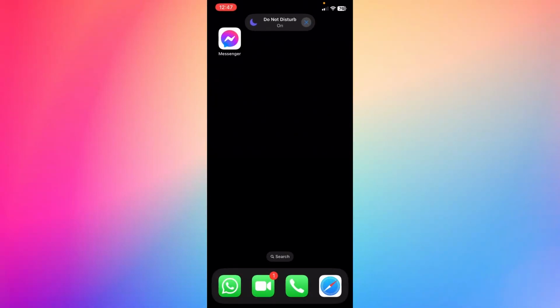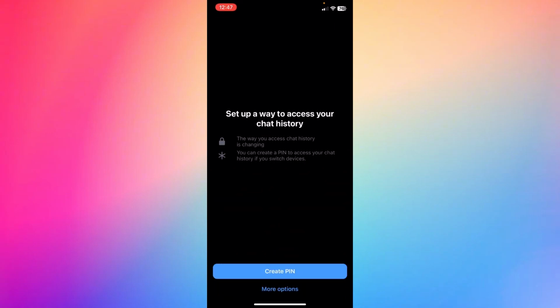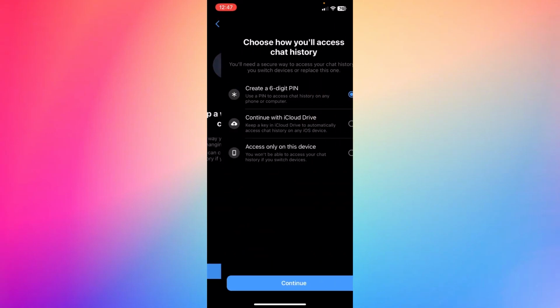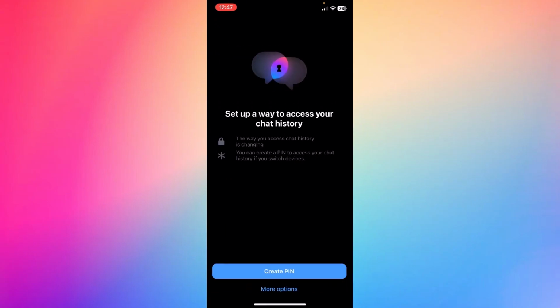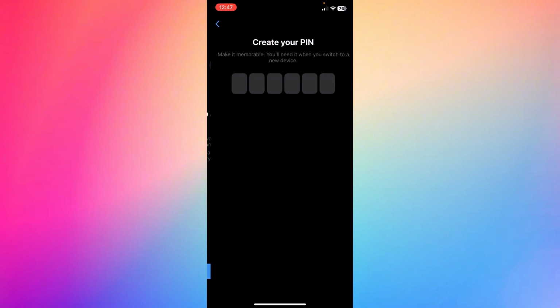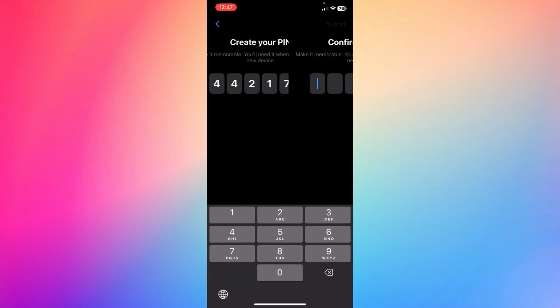My name is Adam. How to find deleted messages on Messenger. So first of all, just go ahead and enter the Messenger app and make sure that you updated the app to the latest version. Alright? And basically, what's gonna happen, let me just create right here